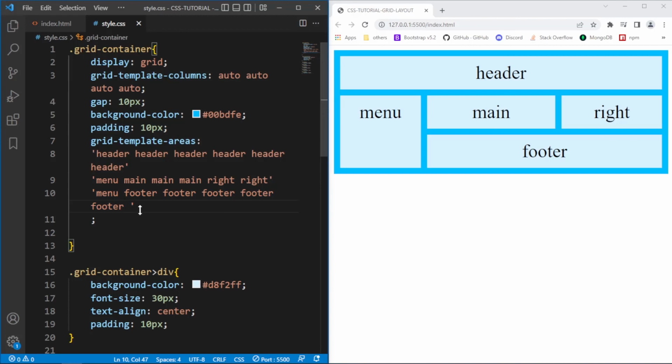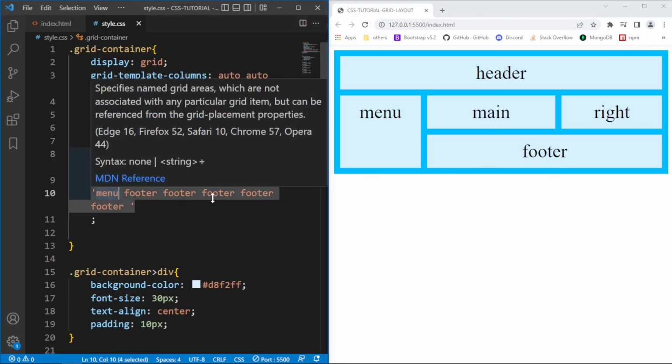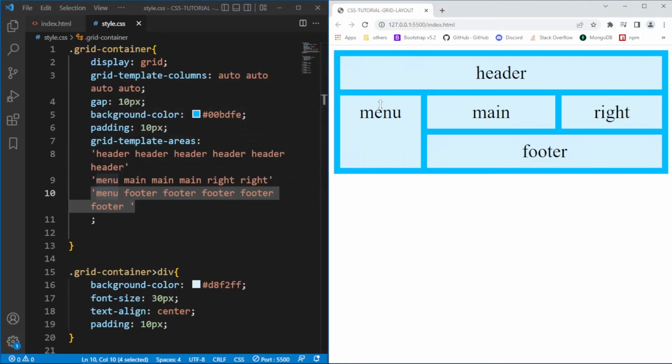And for the last row, we added menu, so it makes menu span 2 rows, and for the rest of the columns we added footer as our grid template area. And that was all